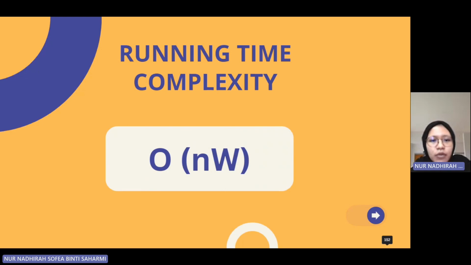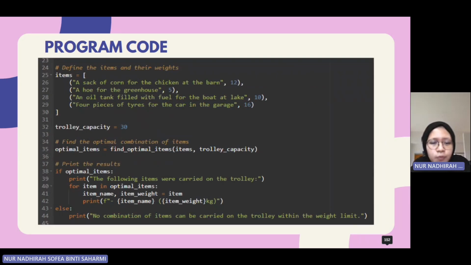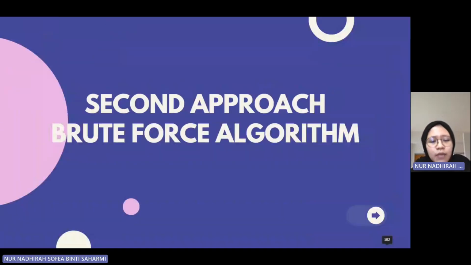And then here is the program code, as I explained in the pseudocode before. And then this is the snapshot of the output. So moving on to the second approach, which is the brute force algorithm. So this is the pseudocode, which we're not going deep into because we did not